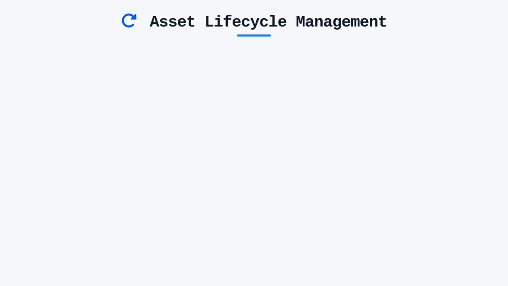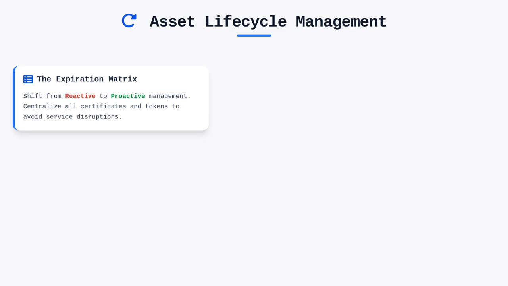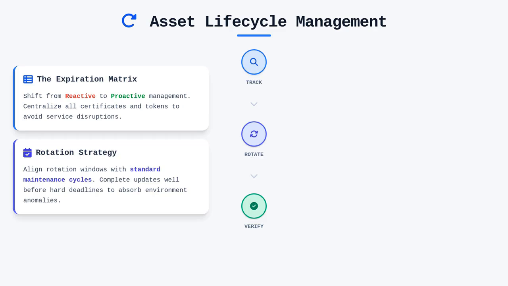Managing the lifecycle of these assets requires a proactive stance, specifically through the creation of an expiration matrix. I find that when we rely on reactive measures, we inevitably encounter service disruptions during periods of high demand. By documenting all certificate and token expiration dates in a centralized tracking mechanism, administrators can proactively schedule rotation windows that align with standard maintenance cycles. You should always aim to complete these rotations well before the hard deadline to account for potential anomalies in the